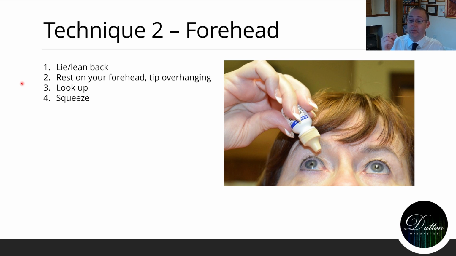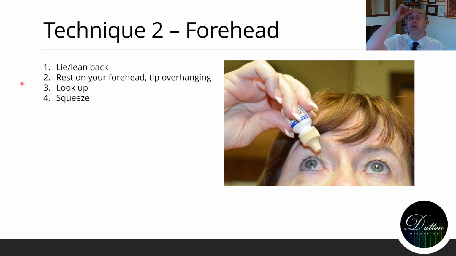You want a gap between the nozzle and the eye of at least 1 centimetre, but probably more like 1 inch. Again, you just want to be careful that you're not coming in at a steep angle and sticking the nozzle into the eye itself. You're trying to lie almost parallel with the eye, and then as you look up towards your eyebrows, you'll probably be able to see the nozzle of the dropper bottle there,